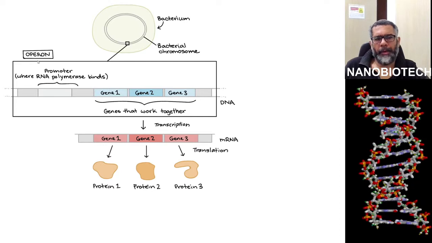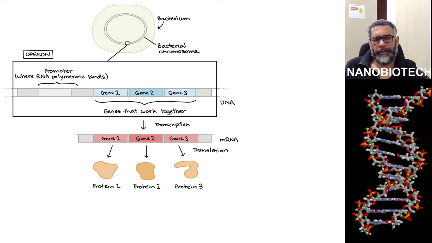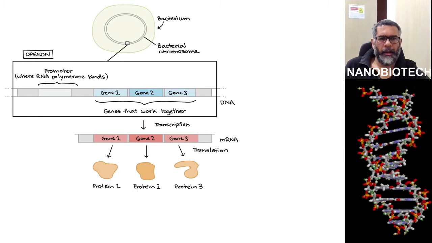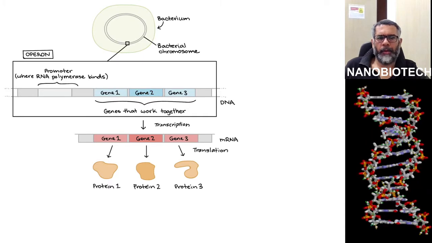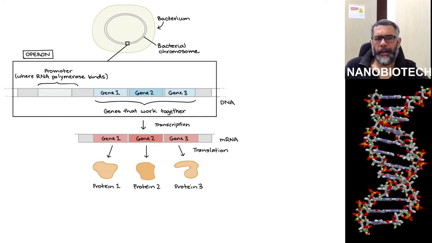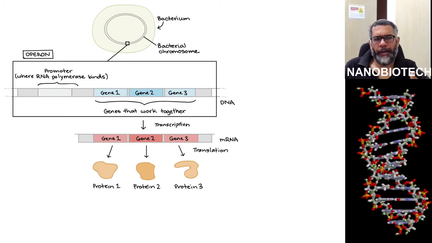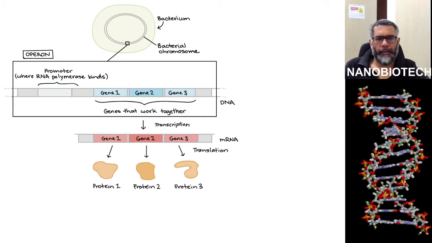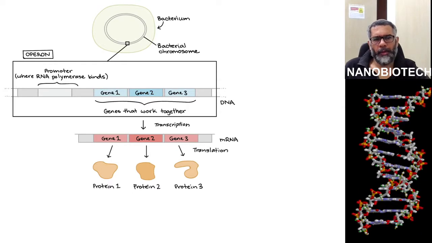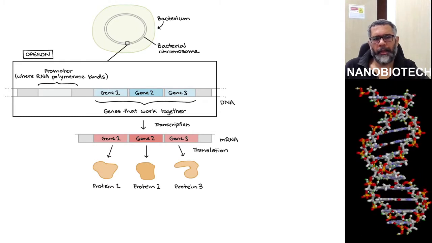In general, an operon will contain genes that function in the same process. For example, a well-studied operon called the lac operon contains genes that encode proteins involved in uptake and metabolism of a particular sugar, lactose. So the lac operon is responsible for this. Operons allow the cell to efficiently express sets of genes whose products are needed at the same time.